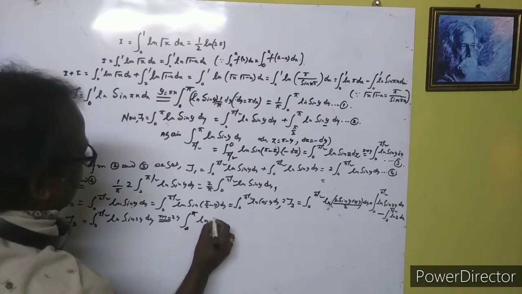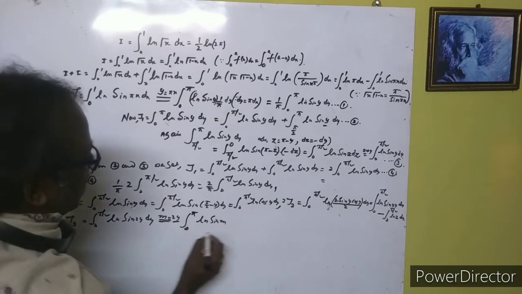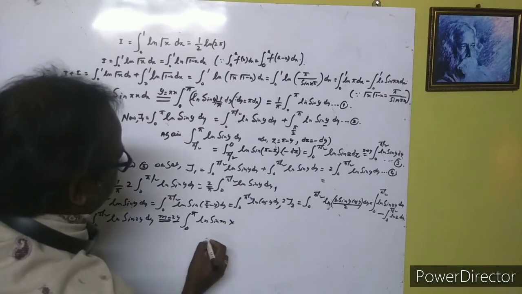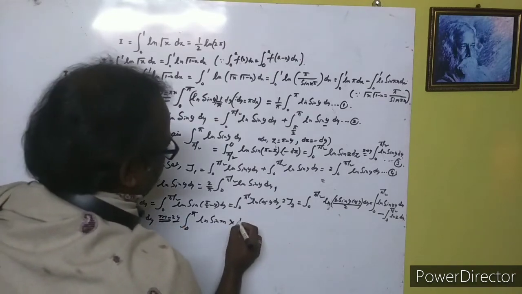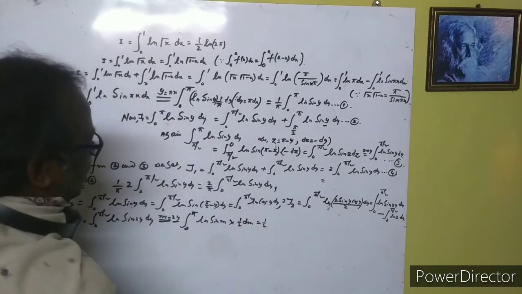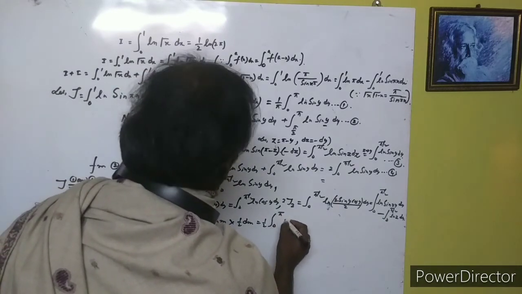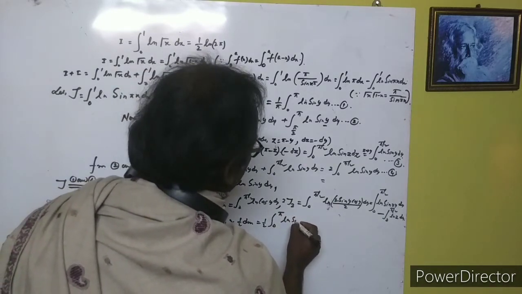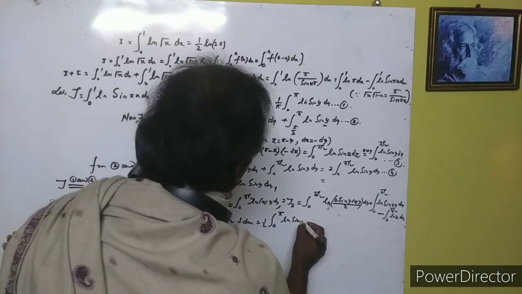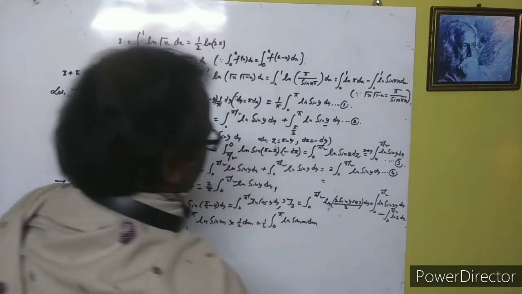So ln sin m, if we differentiate this, then we get dy equal to 1 by 2 dm. So there is a half, and that is equal to integral 0 to pi ln sin m dm here,